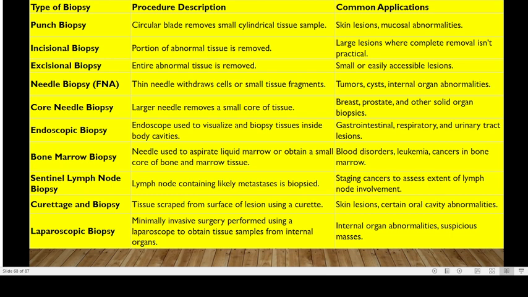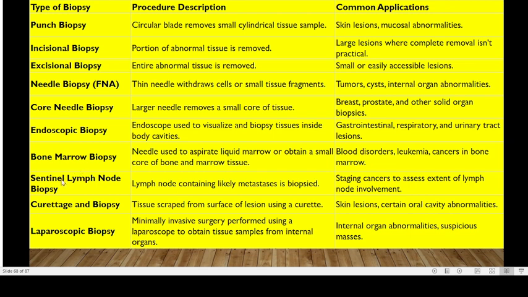Then we could do the needle biopsy. With a thin needle, it withdraws the cells, or the core needle. This needle removes a small core. It's very important for the breast, prostate, and other solid biopsies. Could also do the endoscopic biopsy,